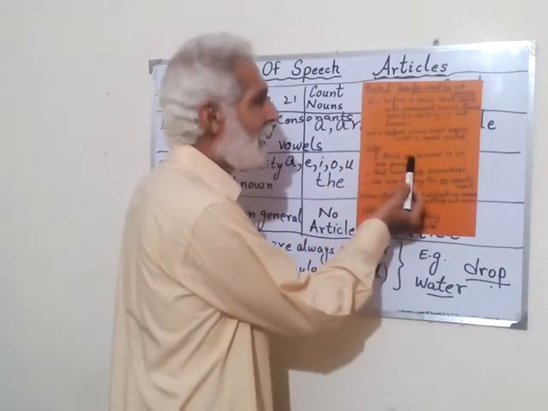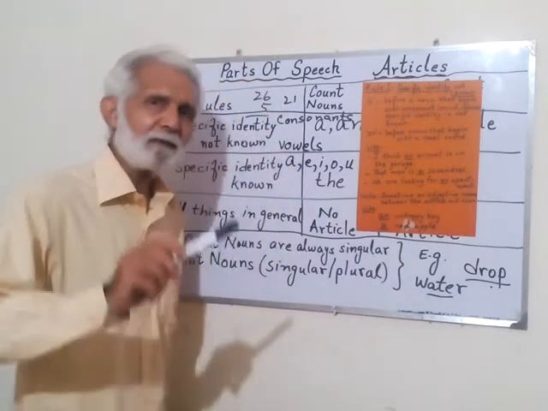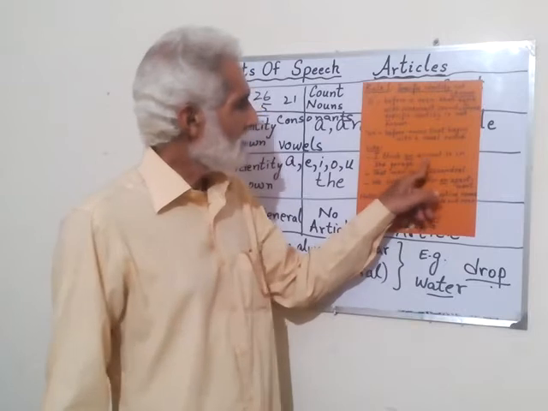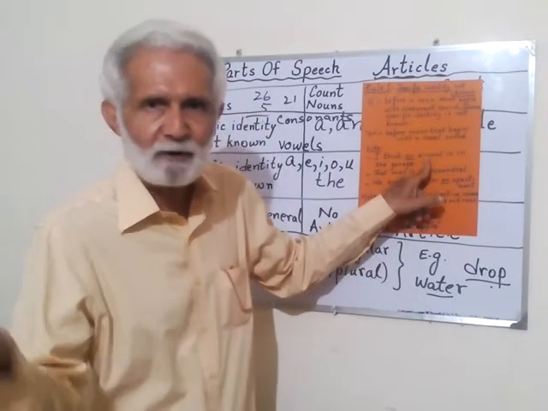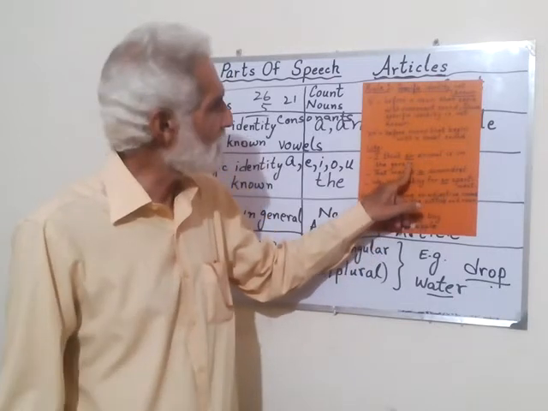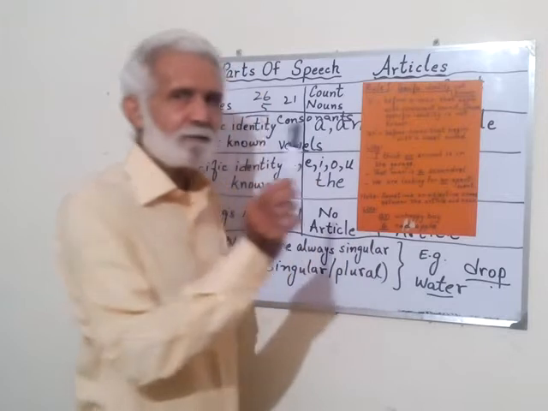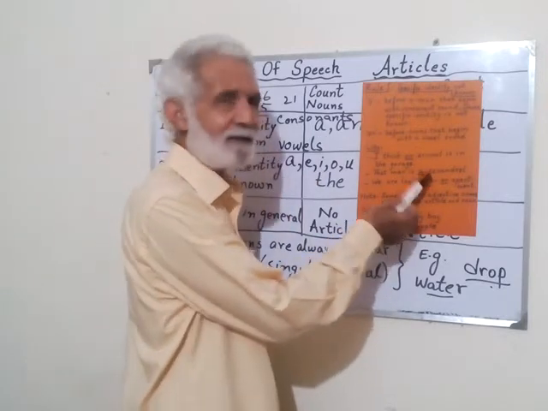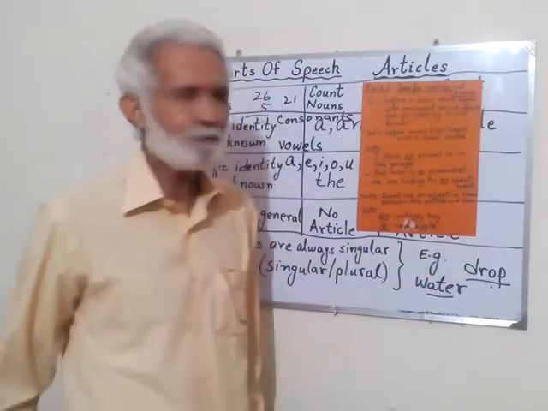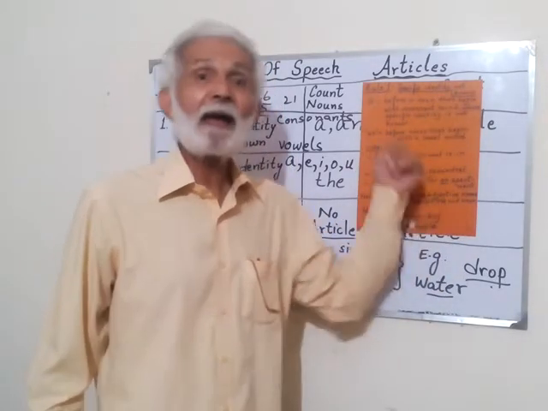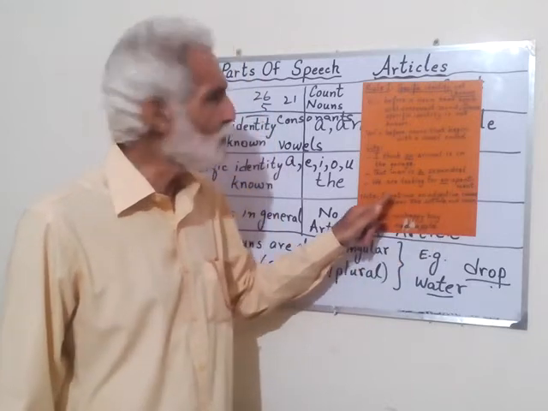Take an example. I think an animal is in the garage. An animal. So specific identity is not known. Which animal? Just an animal. We have used an because the sound is a vowel. And scoundrel: the sound is not a vowel, it is a consonant. So, that man is a scoundrel. We are looking for an apartment. Again, a vowel sound is there. So it is clear to you now.